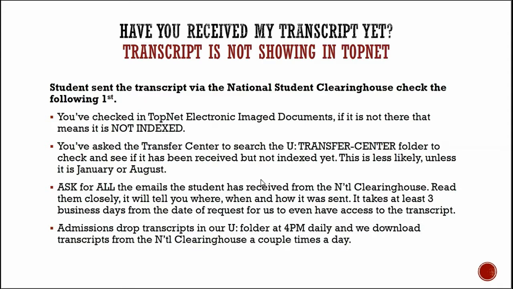If the student says that they ordered it, it's been 10 days, and it's not showing on their account, get the emails that the student received from the National Student Clearinghouse. Email number 1 is typically just a receipt. Email number 2 will typically tell the student how it was sent to Western and when it was downloaded. That's the data that I need to be able to track it back and find this transcript. So you can get the email about the transcript from the student and email it to